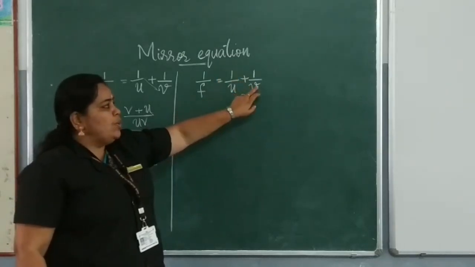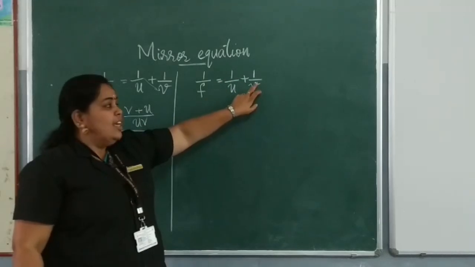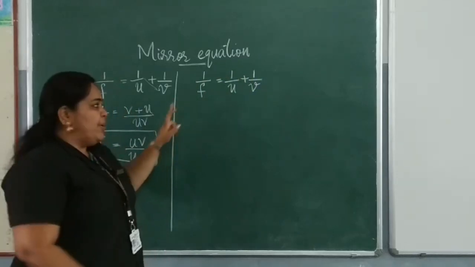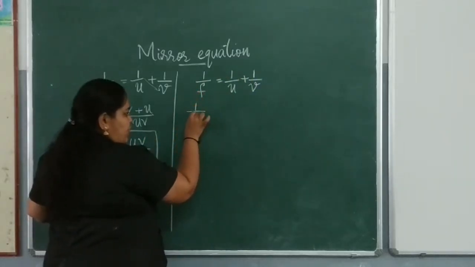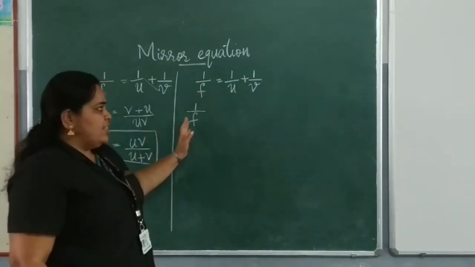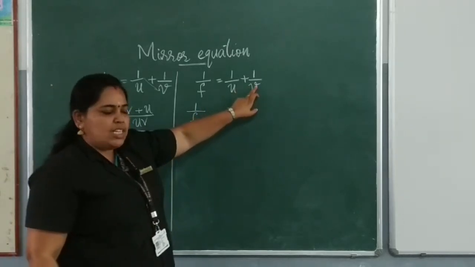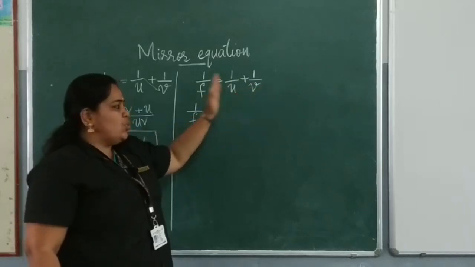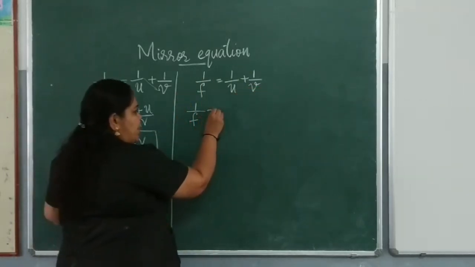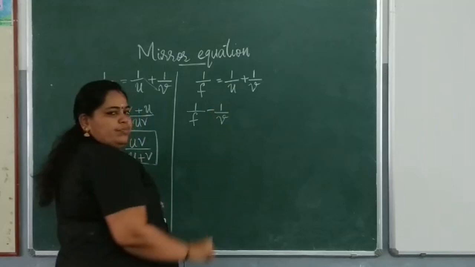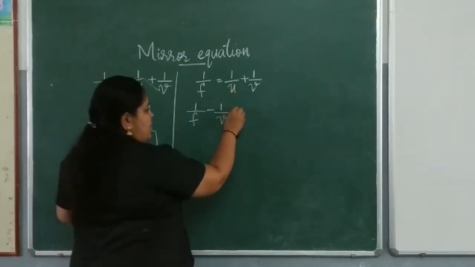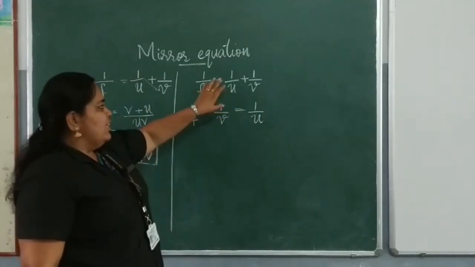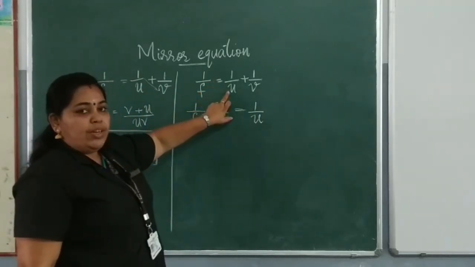അപ്പോൾ ഈ u യുടെ കൂടെയുള്ള term ഏതാണ്? 1 by v, അല്ലേ? So we have to bring this 1 by v to this side. So what will happen? What is here? 1 by f. 1 by f is already here, isn't it? So bring this 1 by v term to this side. It is plus 1 by v. So when you bring this to the left hand side, it becomes minus 1 by v. So what is remaining there? It's equal to 1 by u. Is it clear? അതായത് നമ്മൾക്ക് 1 by u, u യുടെ value ആണ് കണ്ടുപിടിക്കാൻ പോകുന്നത്.